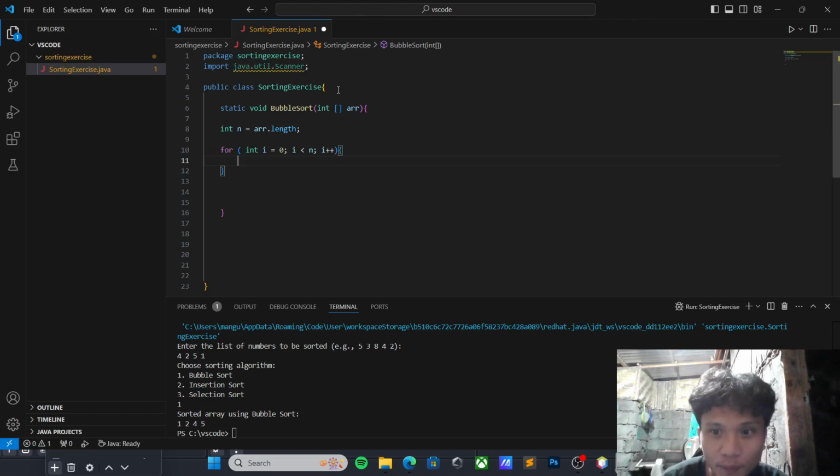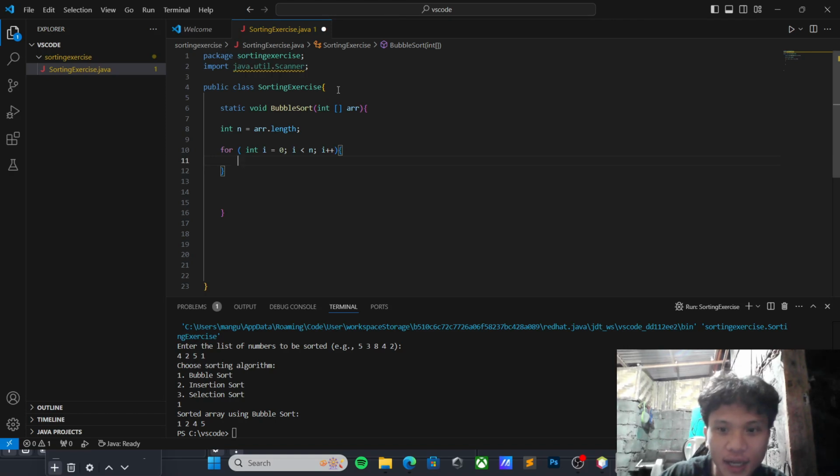This outer loop controls how many passes will be made over the array. On each pass, the largest unsorted element bubbles up to its correct position in the array. It runs n-1 times because after n-1 passes, the array will be fully sorted.